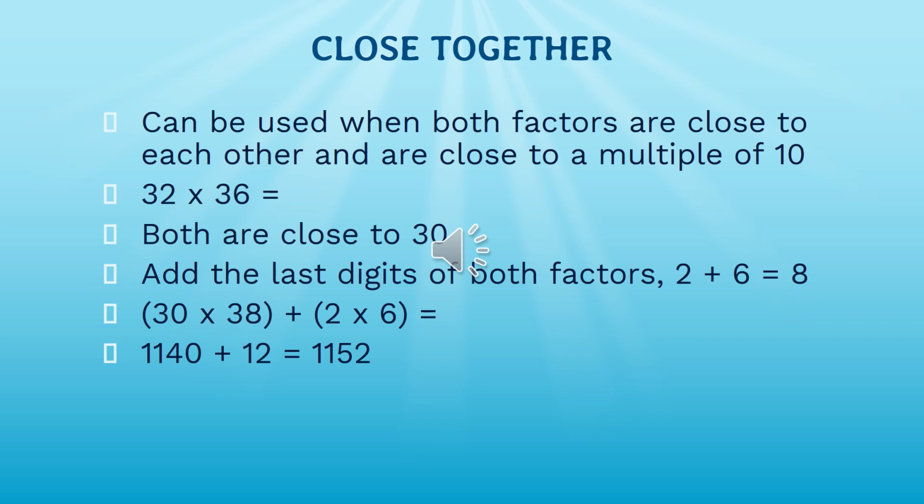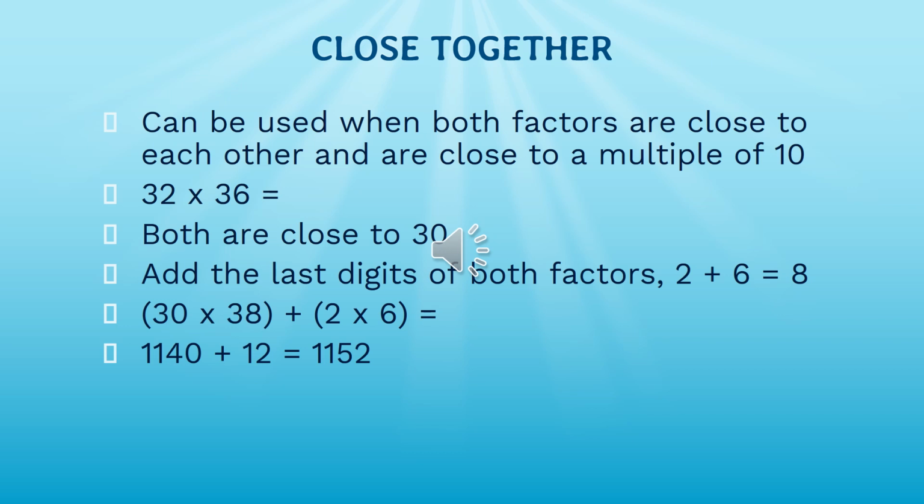So 3 times 30 is 90. 3 times 8 is 24. 90 plus 24, it's 114. And attaching a 0, I should have 1,140. And the next step would be to multiply the last digits, which are 2 and 6. Multiplying 2 and 6 gives me 12. Adding 12 to 1140, which is the product of 30 and 38. So here 1140 plus 12 is equal to